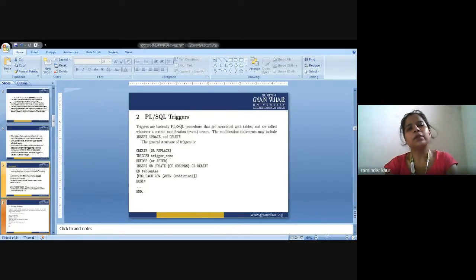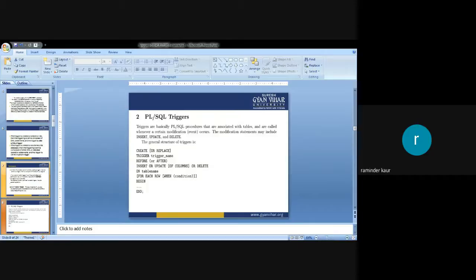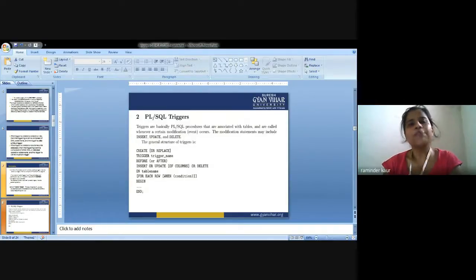Next is the PL SQL execution environment. If I am talking about PL SQL, it means the PL SQL engine resides in the Oracle engine. So the Oracle engine can process not only a single SQL statement but also a block of many statements. So the call to the Oracle engine needs to be made only once to execute any number of SQL statements, if these SQL statements are bundled inside the PL SQL block.